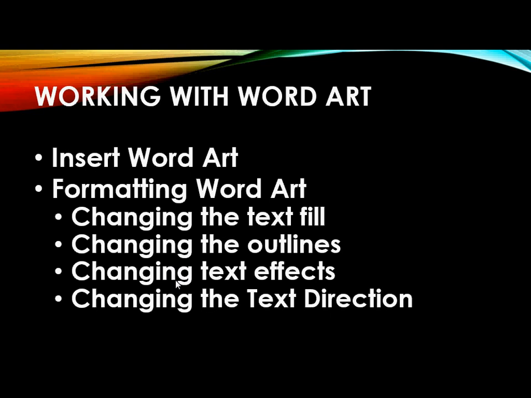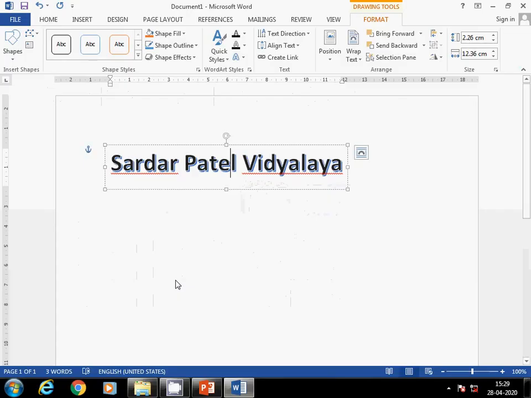If you want to apply some changes on the box, then that box you can also change accordingly. That we will go into in the next session. Then I will teach you how to change the box options. But first we will see these all 4 options: text fill, text outlines, text effects and text direction. Now I am coming to this document. Now select your WordArt text.